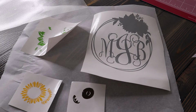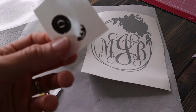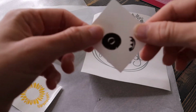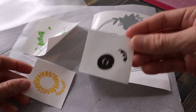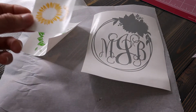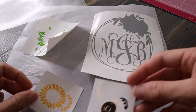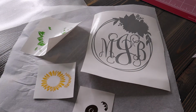Okay, so to start off, you will need to find the very top of your decal, so the color that you feel would start the whole project. So in my case, it would be the middle of my sunflower, because I'm going to be taking this, transferring it to this, taking the flower, transferring it to the petals, and then taking the petals and transferring it to here. So that is the route I'll be going with this. So the very first thing that I'll need to do